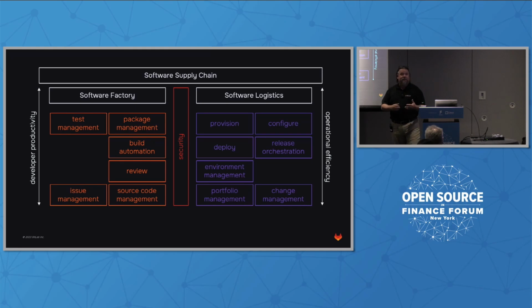And developer productivity is on top of a lot of people's minds when it comes to generative AI. The question that I posed to everybody who was at that conference is, can I actually do developer productivity with faster feedback loops, with better security, with automation for delivery, if I'm not doing software logistics properly? And if I'm going down the software logistics side, that is all around operational efficiency.